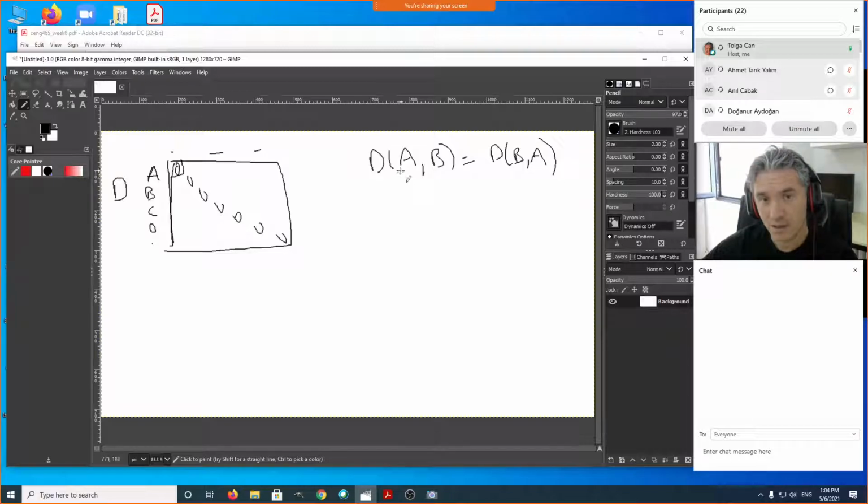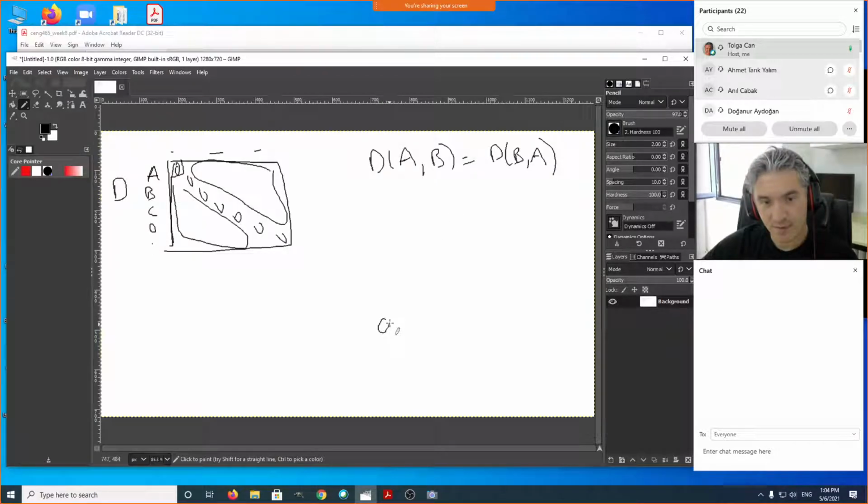All the distance measures, similar sequence similarity measures we have seen up to now, have this property. Whether you're comparing A and B or B and A, it doesn't matter. You're comparing two things. There is no direction in comparison or in computing the similarity or distance between two species. Therefore, it's symmetric. The distance is symmetric, which means that all we need to be given is either the upper triangle or the lower triangle. These two parts will be equal to each other, mirror images of each other. So we are given a matrix like this, and our goal will be to create